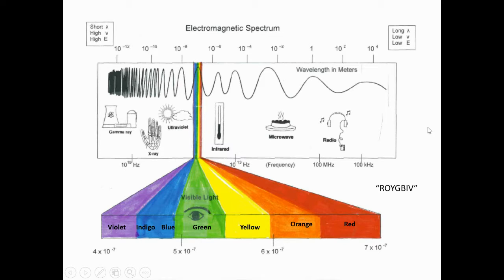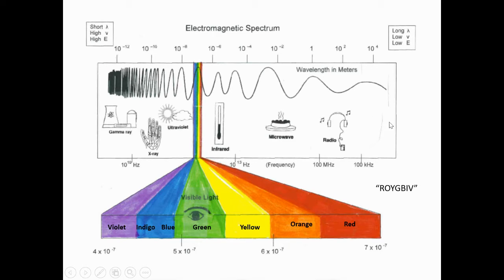Today I want to talk about what we call the electromagnetic spectrum of energy. In a previous lesson, we learned a little bit about waves, and energy travels in waves. And these waves have a certain wavelength, a certain frequency, and a certain amount of energy associated with them. So, electromagnetic energy is kind of a broad category of energy, and it actually manifests in a number of different ways. And the way we perceive it depends on the wavelength and associated frequency and energy of those electromagnetic waves.